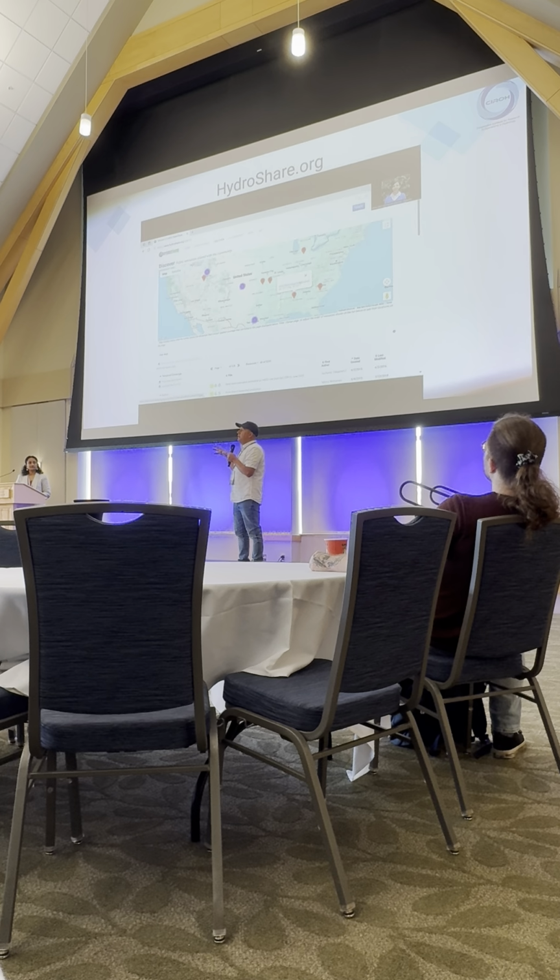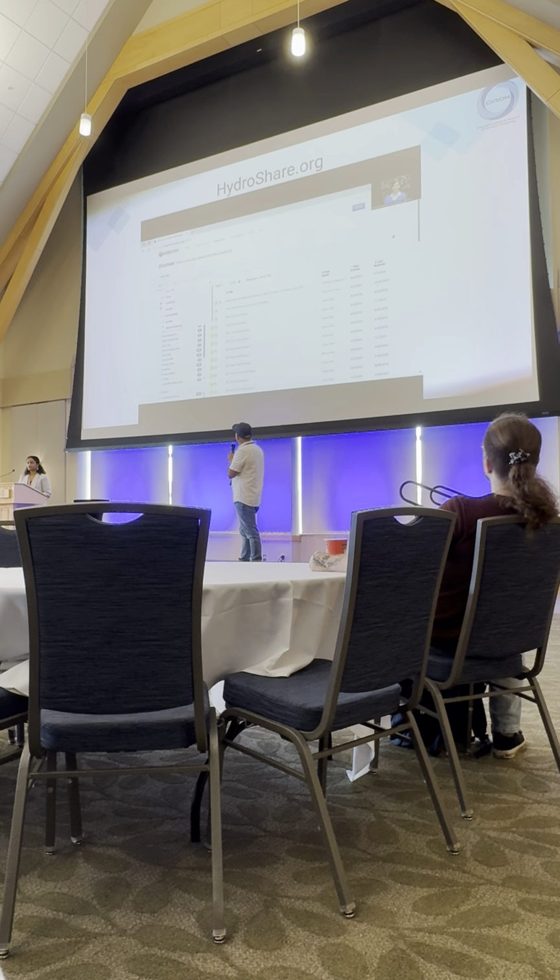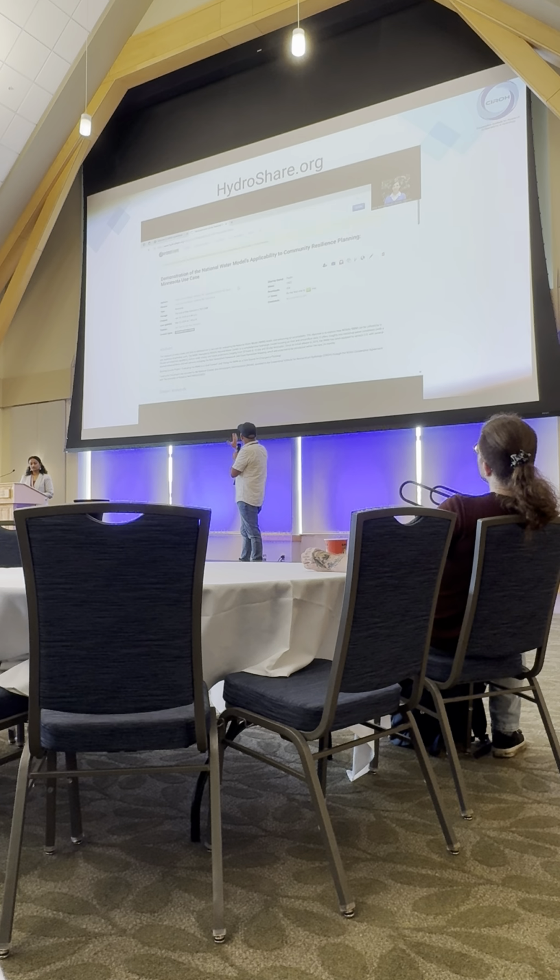Here we see Irene going to a map search interface where she can find data sets that represent research data that has been created generally by individual researchers or research groups and posted on HydroShare. Sometimes the map search isn't the best way. You just want to type in a search and find data. Here Irene is filtering down to resources that she owns or has used. Here is one of the data sets that she owns.